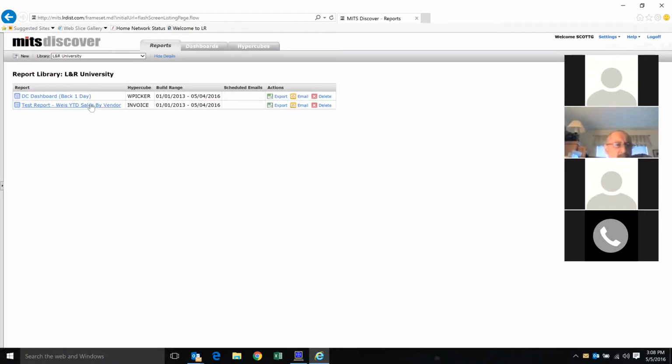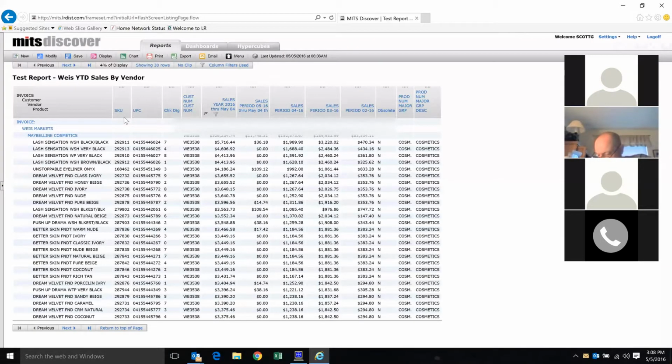Okay, here's a report that we did a couple weeks ago, which was Weiss year-to-date sales by vendor. So it's only showing Weiss supermarkets year-to-date sales by vendor. When you open up a MITS report, they're all going to look something similar to what's on my screen here. What you want to do in order to bring this into Excel is click on the